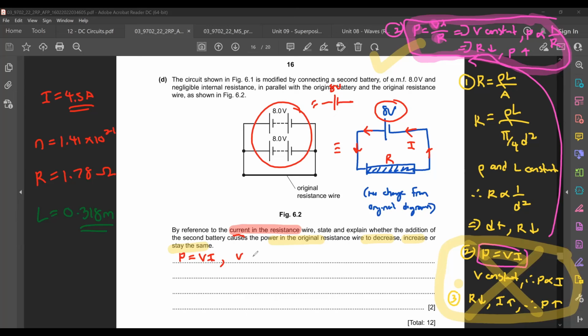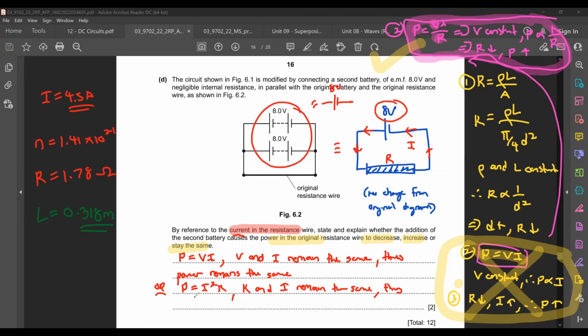So V and I remain the same, thus power remains the same. You can also explain it using P equals I squared R, where you say that R and I remain the same, thus power